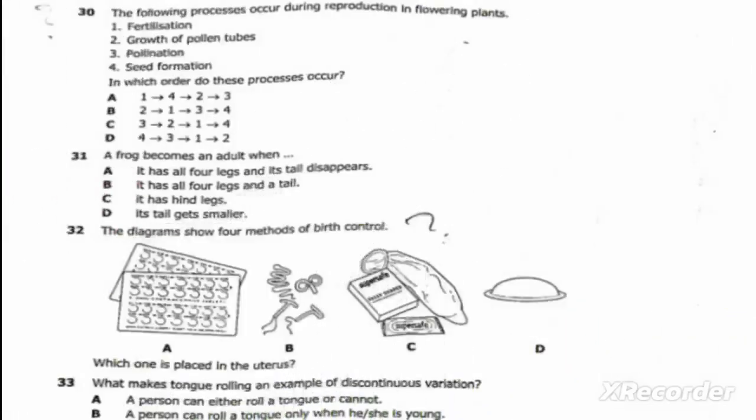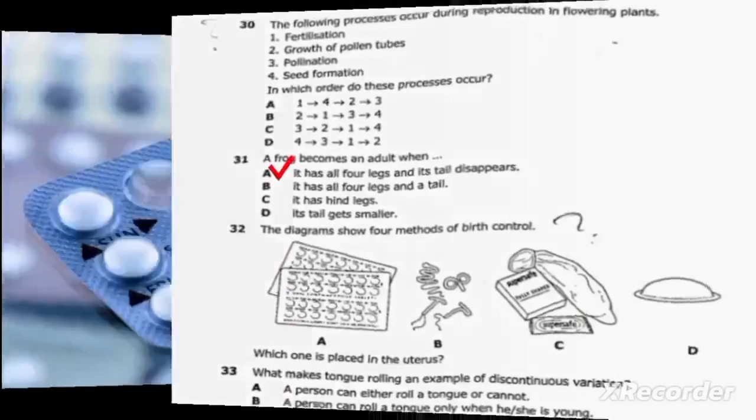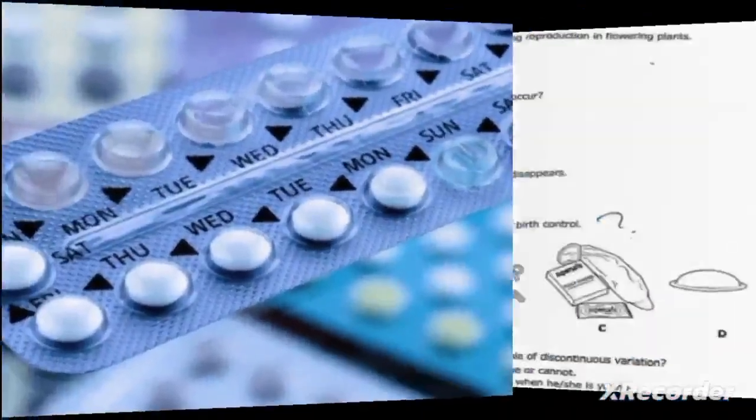We shift to the next question, which is question 32. The question reads, the diagram shows four methods of birth control. Which one is placed in the uterus? So the one that is placed,